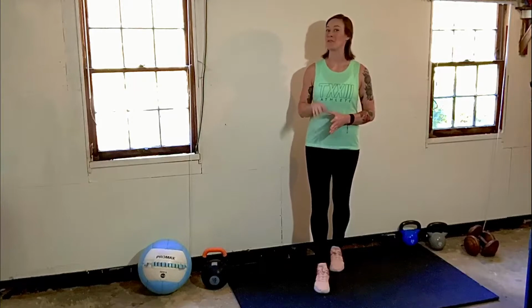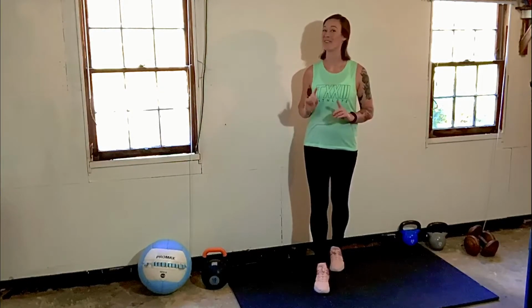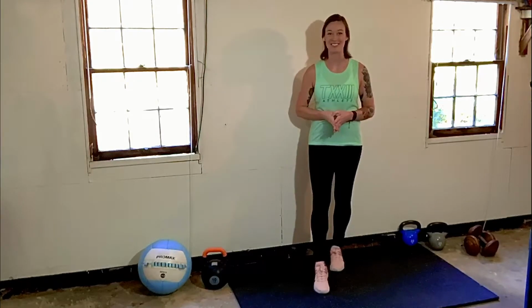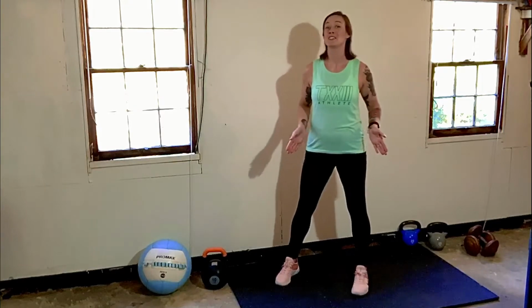Today's warm-up is going to be 4 sets of 45 seconds of movement, followed by 4 more sets of 30 seconds of movement. All you need to do is follow along. Our first exercise starts out with a squat. So we're setting our feet shoulder width apart, sitting back into our squat, and then we're going to stand up